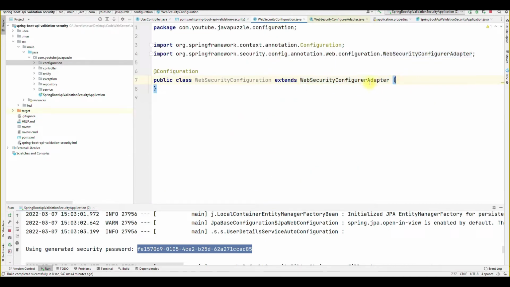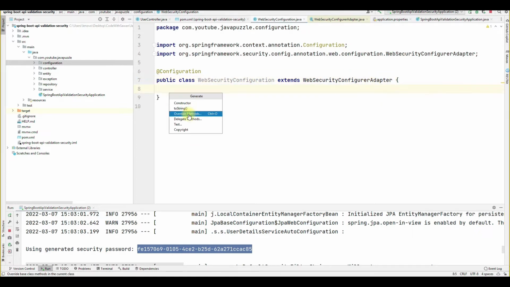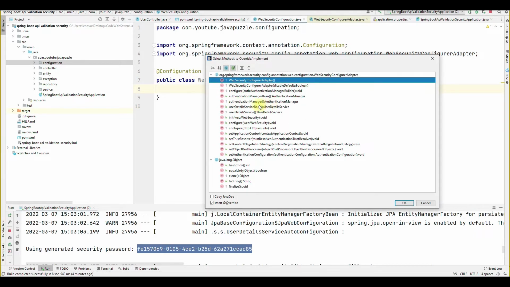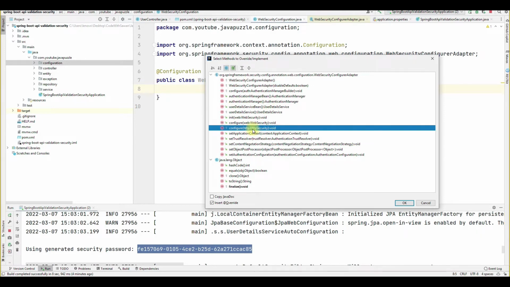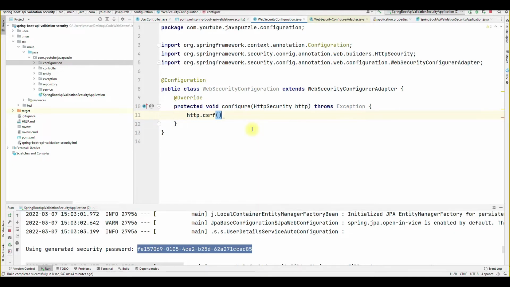Firstly we have to override this method, and here you will see HttpSecurity, that you have to override, and inside it you have to use http.csrf().disable(). Now run the program.